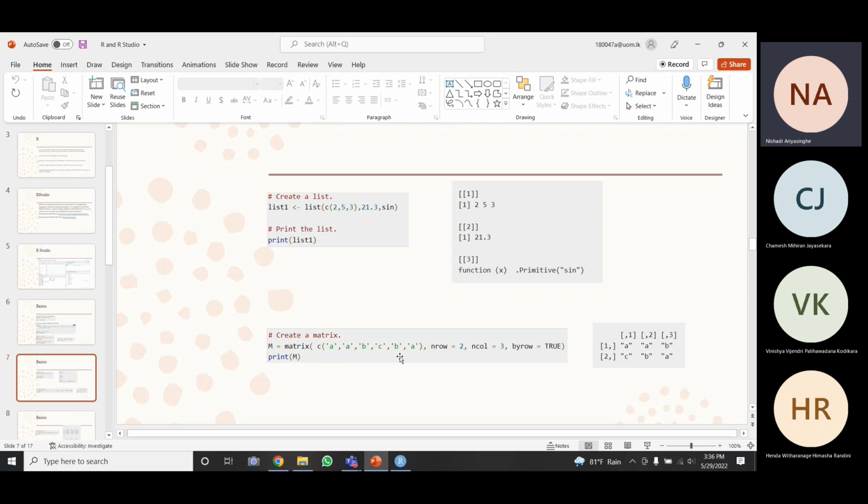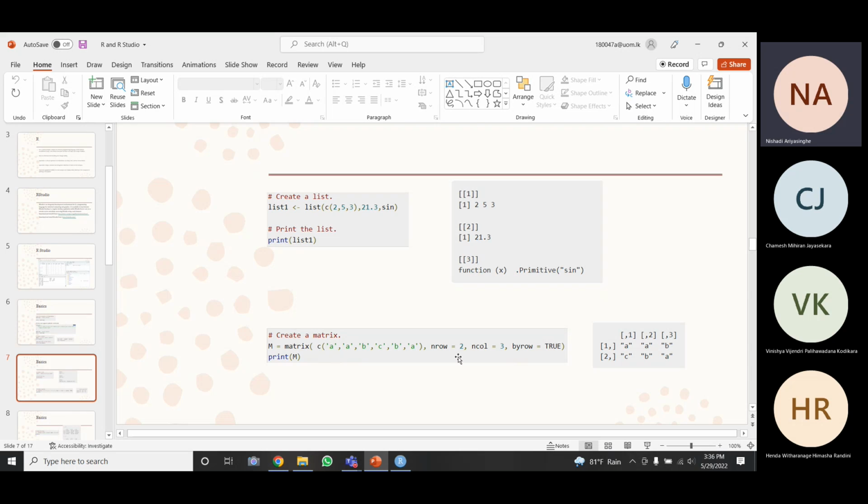You just specify all the data, and then you mention the number of rows, the number of columns, and how you have organized the data. So here the number of rows is 2, number of columns is 3, right?